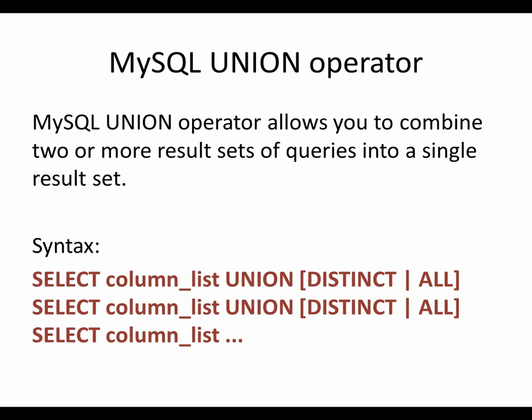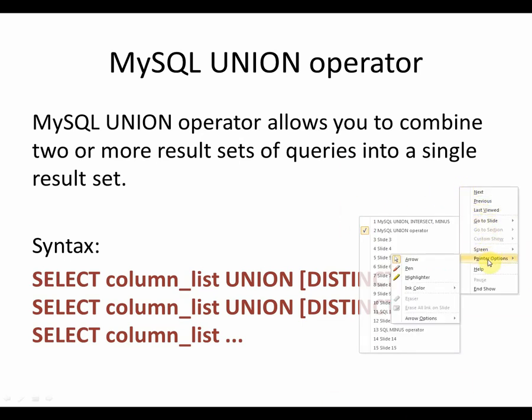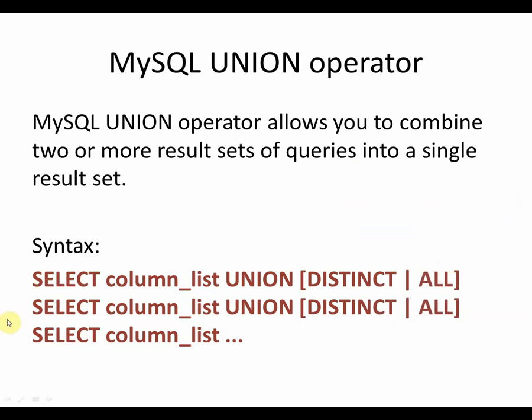The syntax of the same is at the bottom of the page, you can see over here. So the queries consist of select, because obviously it is a select query. So this is the first query, whatever you want to select, the union keyword, and then the next select query. So this means that this particular union operator combines the results of these two select queries.